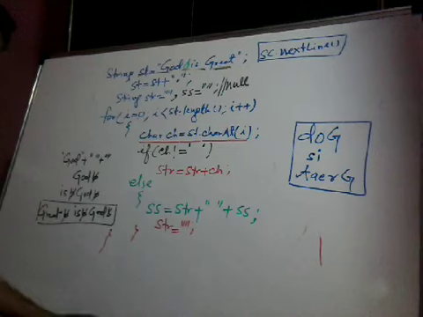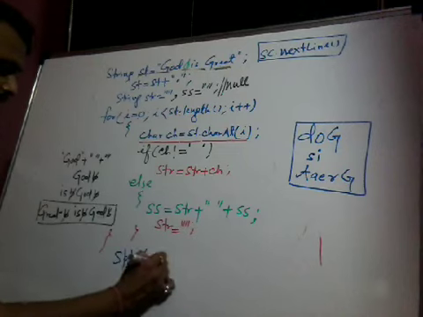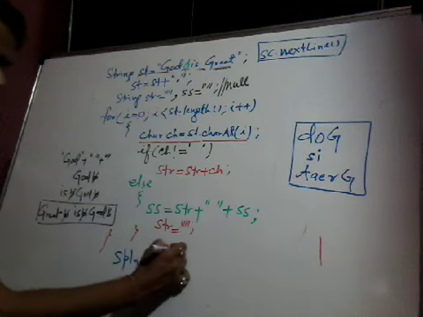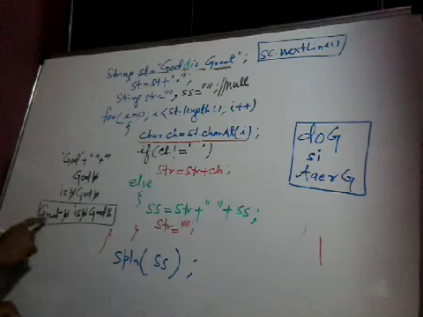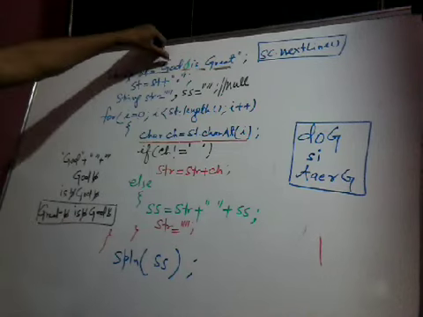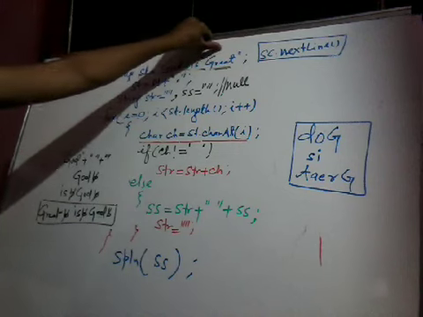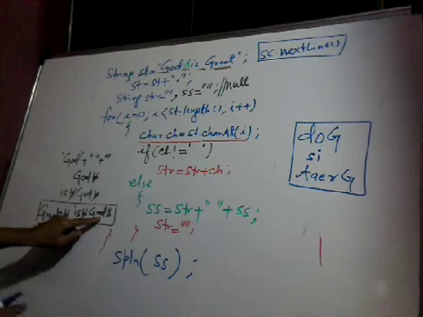Outside of the loop, if you children print here ss, what will it print? It will print great is God. Original sentence is what? God is great. New sentence is what? Great is God. This is the correct thing.